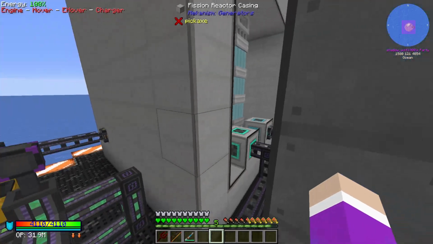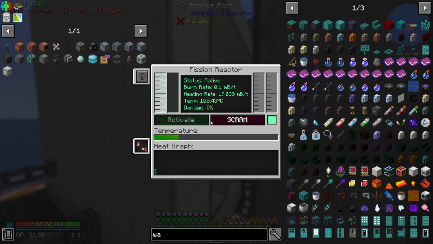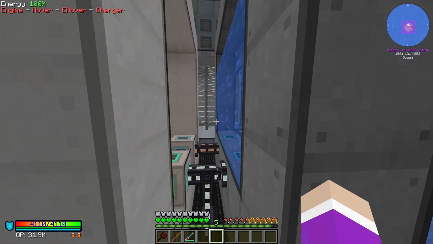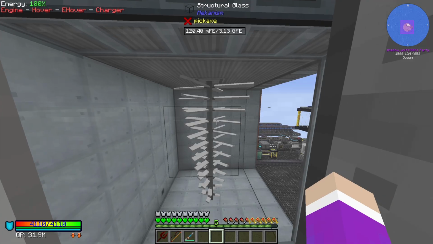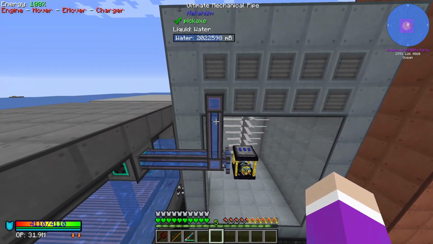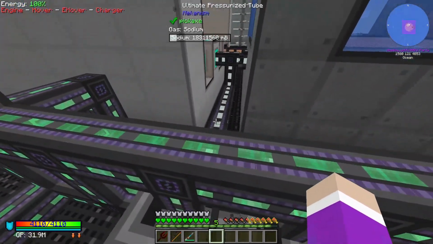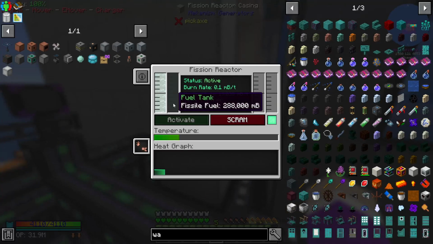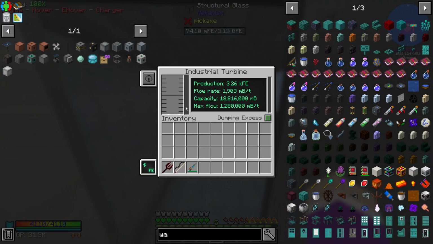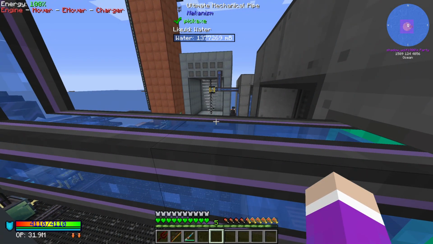Water, no heated coolant, nothing yet. Oh, you can see the inside's definitely turned orange. Oh, you can see now it's boiling water. The turbine is slowly starting to fill with steam, and the water here is going down. Now, I'm hoping this will reach an equilibrium where it will stop pumping water out and generate enough steam to reset it. Now, I think I've set dumping excess at the moment, but hopefully that doesn't...